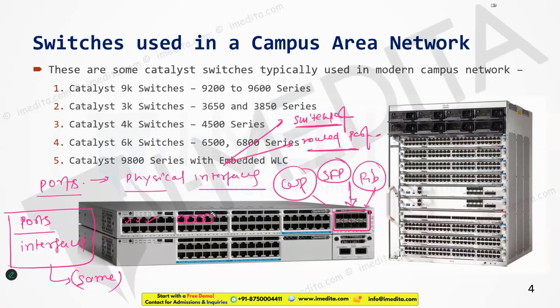Switch port basically means a port that forwards the data based on the MAC address. A switch port is a layer 2 port, which works based on the MAC address and on the VLAN. The layer 2 port must be configured with some VLAN membership. If we have not configured the VLAN membership onto that layer 2 switch port, the port will not be functional. So we can configure these physical interfaces to act as a layer 2 switch port, where we assign some VLAN membership